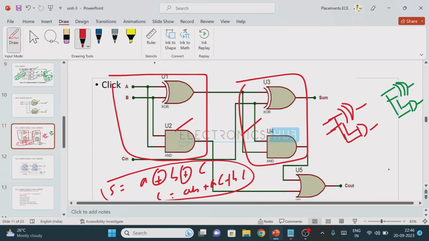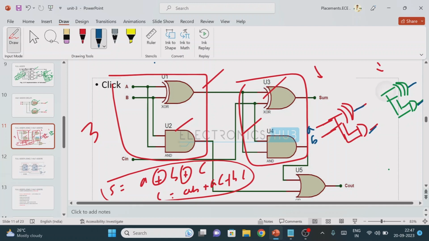So first, remember that we need to design using two half adders. Just consider the two half adders: this is one half adder, this is another half adder. Now we'll convert this one. We'll consider this half adder so that we can implement the full adder representation. Now how many inputs should be there in a full adder? Three inputs required. But as per this, how many inputs do we have? Only two inputs: one is input A, another is input B. Here we require one more input. Where will we get it? This is the output value, so here we cannot take it, and here also we cannot take it.